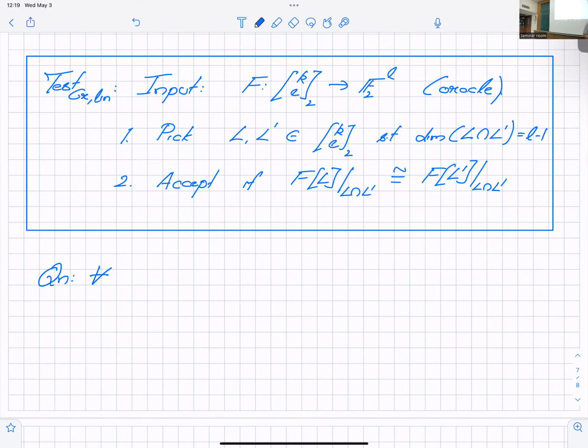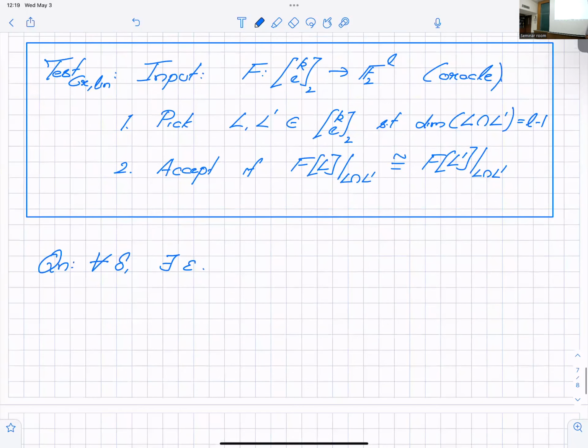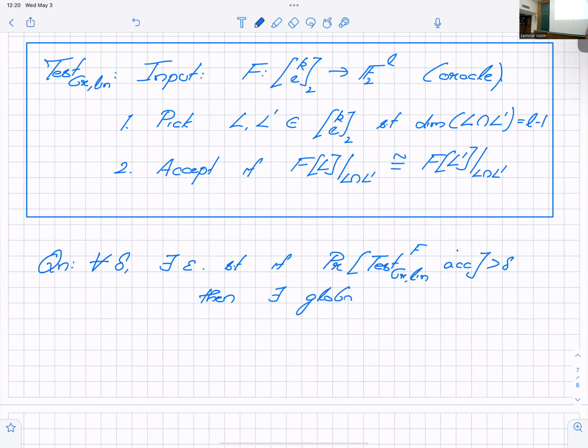That is the L that is eventually going to come in. So the question I would like to ask is the following: for all delta, does there exist an epsilon such that if the probability that the test accepts is greater than delta, then there exists a global linear function f, so that the probability